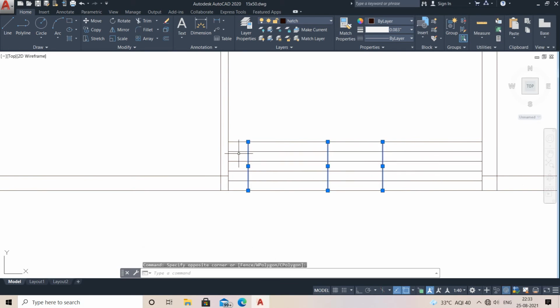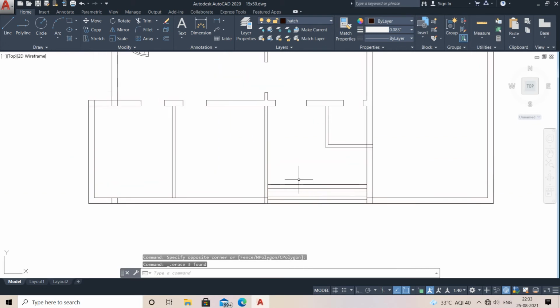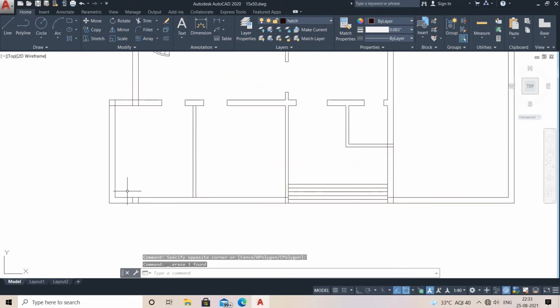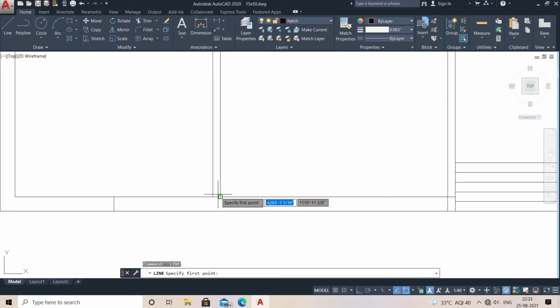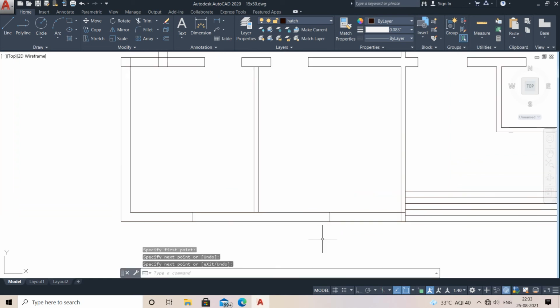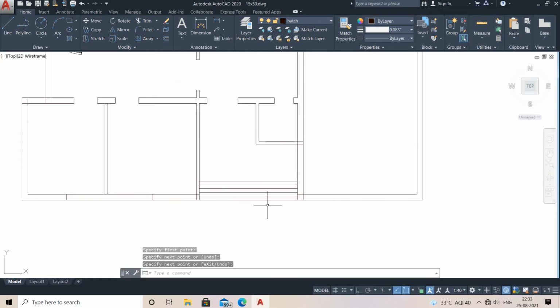So what you need to do, just select it and just relate it. After that the main thing is that you need to make some of the windows. So how you do the windows, just here make a line on it and make the center of it, and in the same way here also draw a line. Then after checking it, select its middle point and drag it. And now after that, in the same way you need to do each and everywhere.